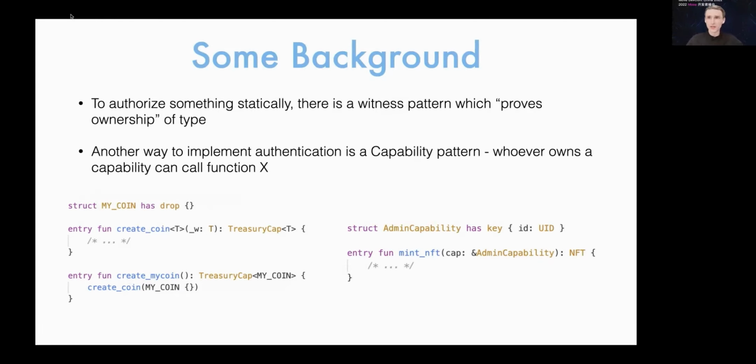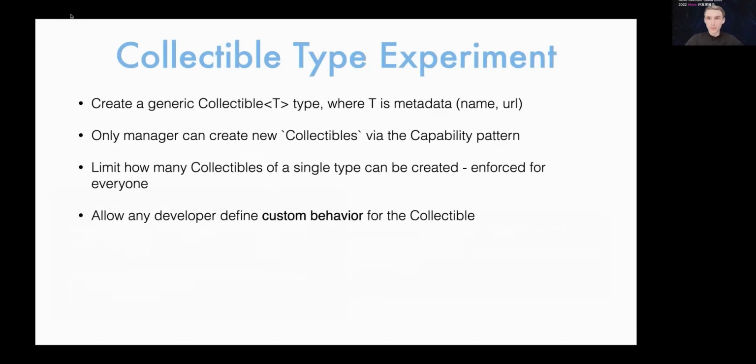And so another pattern that is available in Move due to borrow checker implementation, that we can pass something by reference. And so if there is an object called admin capability and the function requires it, no one else can call it. So admin capability is a capability pattern which allows you to dynamically authorize your action by passing it explicitly into the function while not allowing anyone else to call it. So this was the base, and now we'll get to